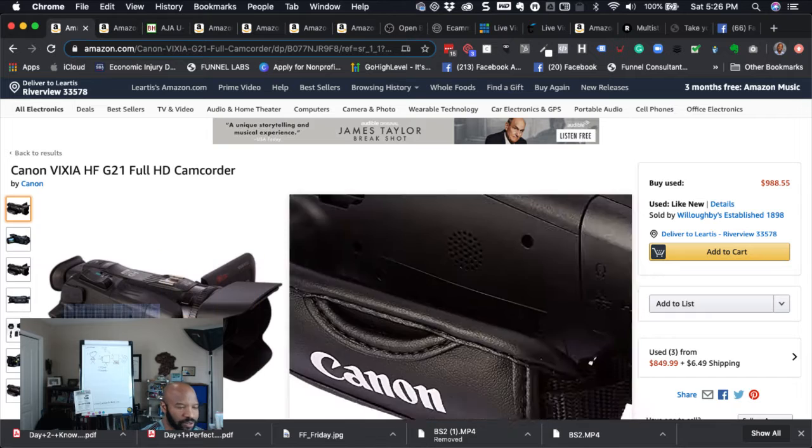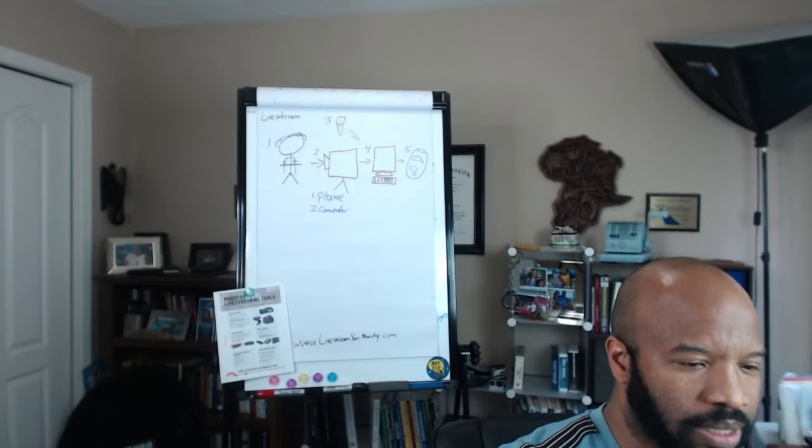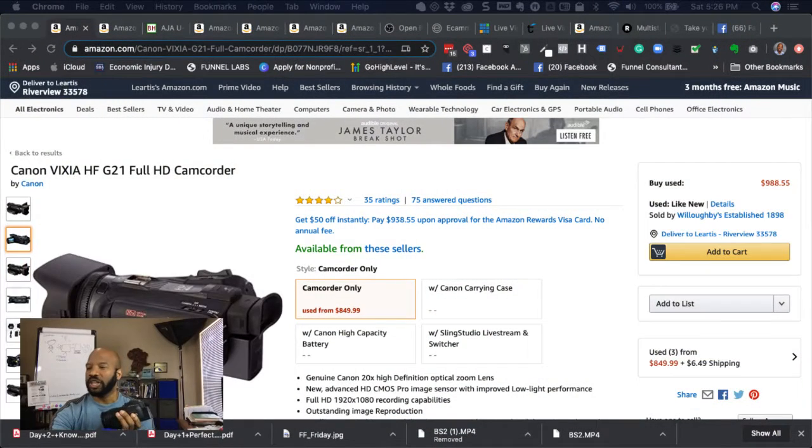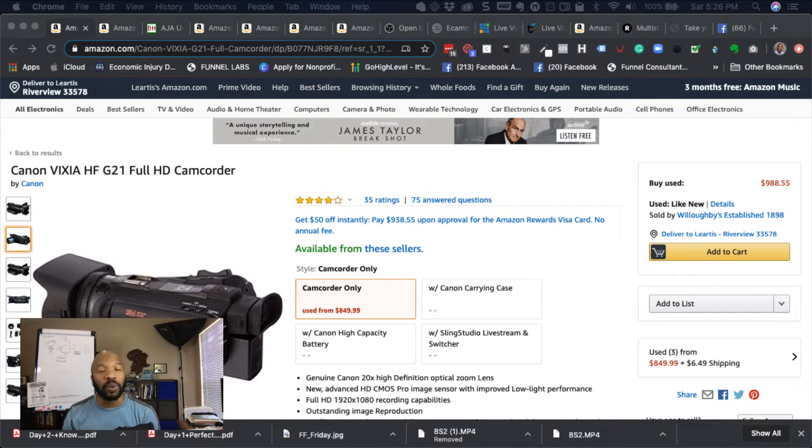Make sure I'm in front of the camera while I'm talking to you as well. What you want to look for on these, and camcorders have them, is the HDMI out. You really have to have your HDMI out, because that's what you're going to need in order to put it in the next step, which we'll get to.